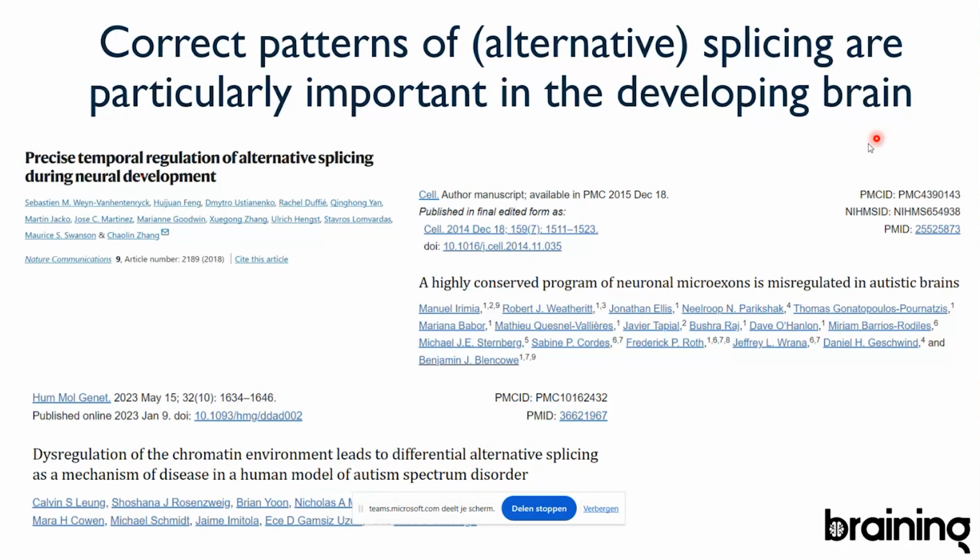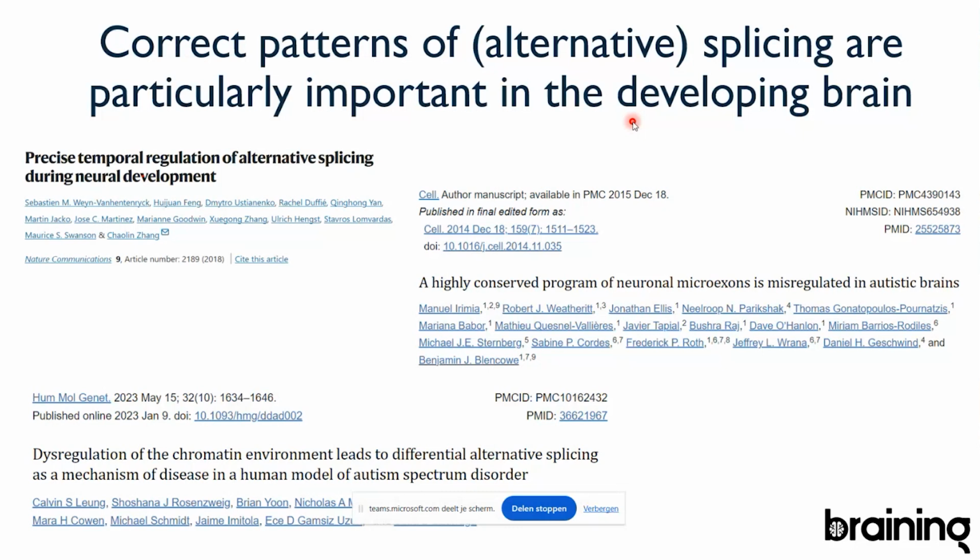And what people have defined is that during the development of the brain, there is a very precise temporal and spatial regulation of RNA isoforms, which means that in a neuron that has just been born, you will have a very different alternative splicing compared to a neuron that is in the cortex and that is doing its function. That being said, you have very different alternative splicing in an interneuron compared to an excitatory neuron, or in an astrocyte compared to an interneuron, right?